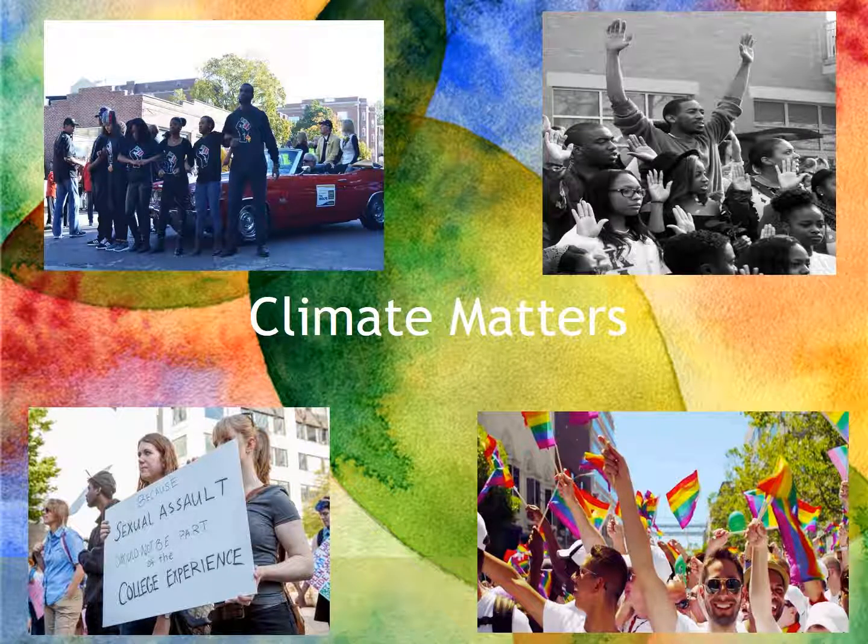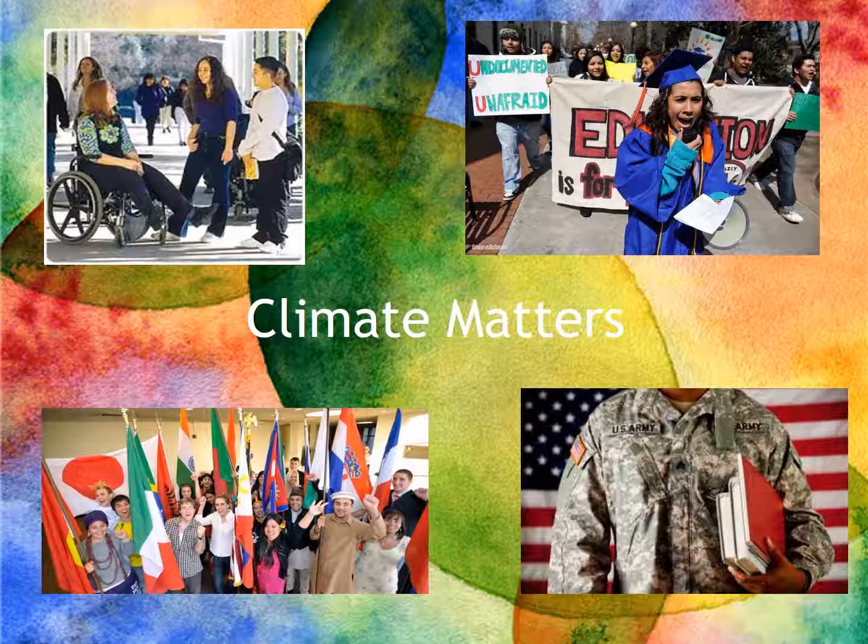The next slide talks about disabilities, and in our work we've seen the number of students with disabilities go up over the last probably 10 years exponentially, mainly because of the identification of those disabilities in K through 12. And so students are being diagnosed, given the accommodations they need and/or the pharmacological aid to be successful. So they're now coming to our colleges and universities expecting to have those same accommodations.